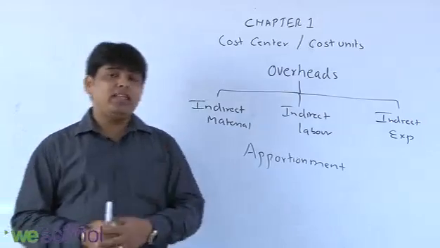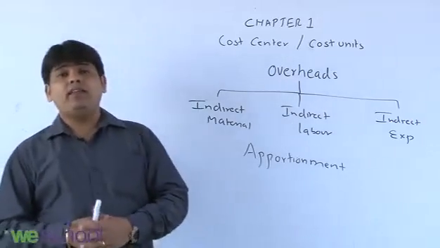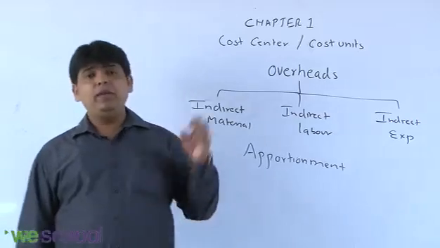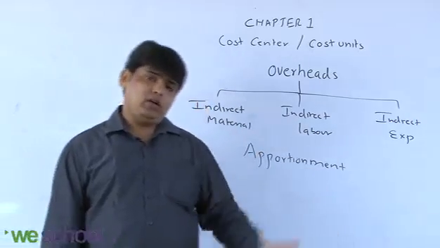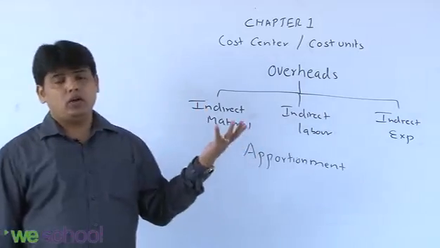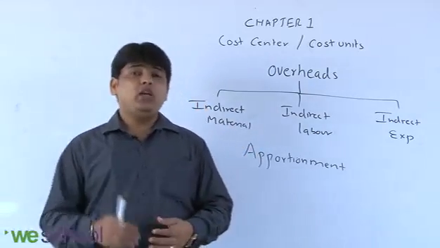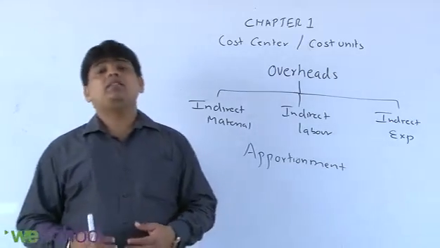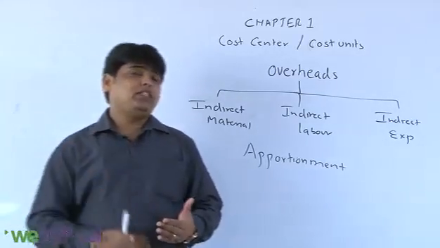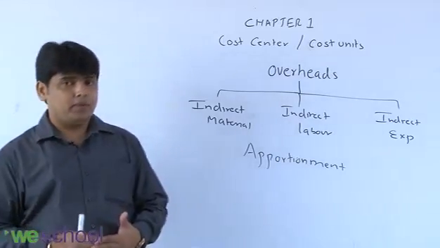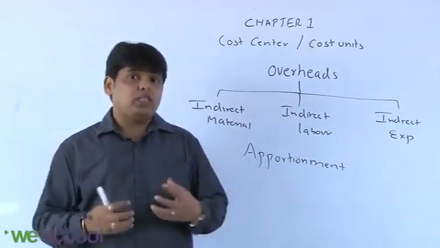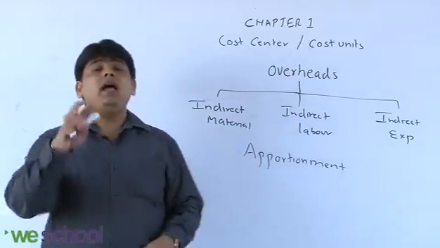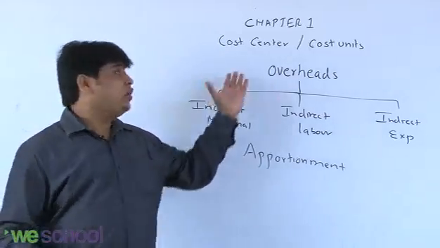Apportionment means, I gave you an example. If I say it is a factory rent, it is very simple for us to allocate, because factory rent will be allocated to the factory department or the factory cost center. If I say rent of the office, it is very easy to allocate it to the admin department. Salary of the salesman is easy to allocate to the selling and distribution department. Right? So that is called allocation. The direct expense and indirect expense can be allocated to the different cost centers: factory, admin, and selling and distribution.